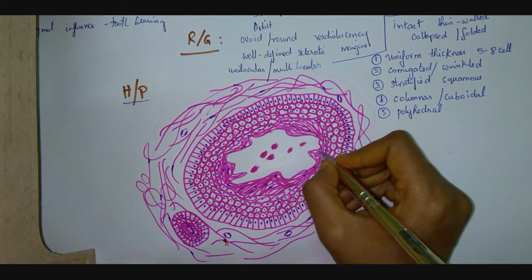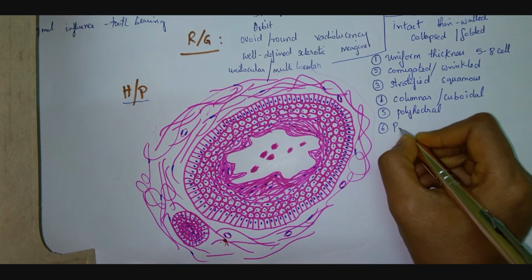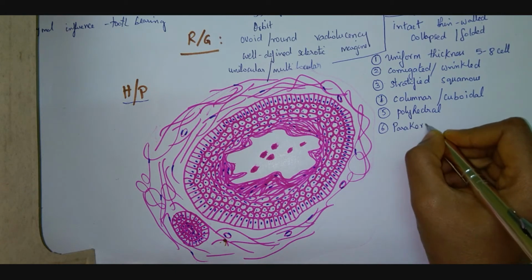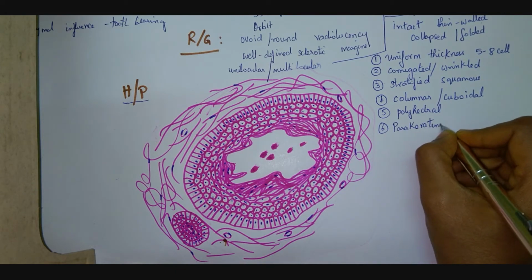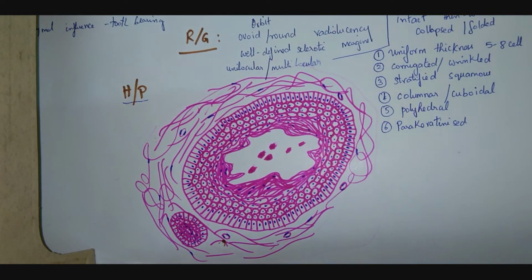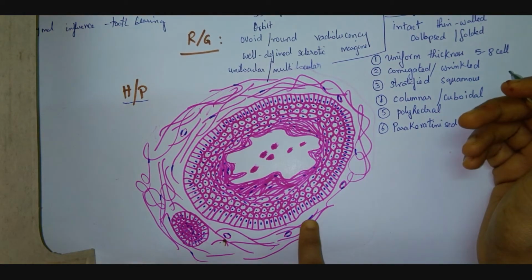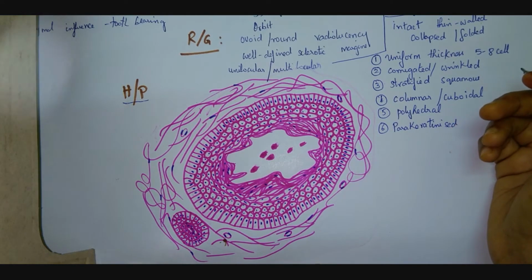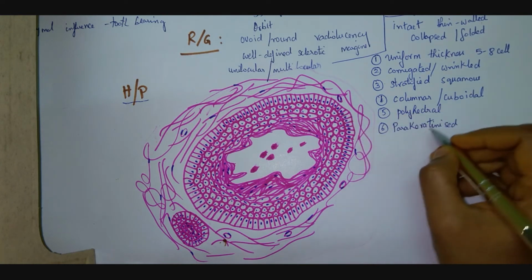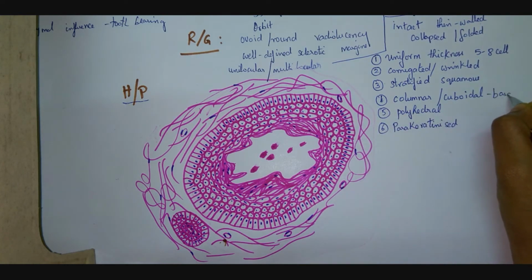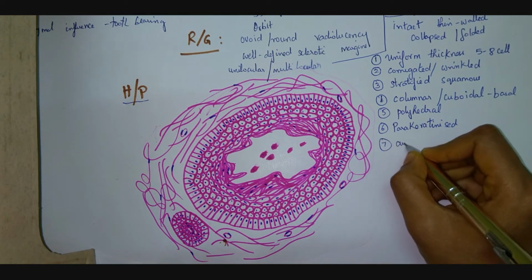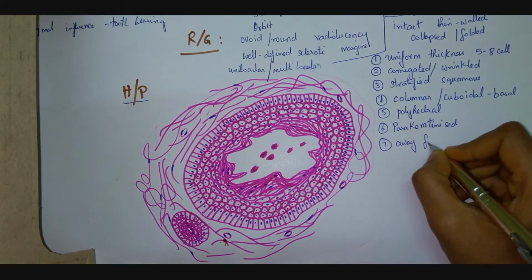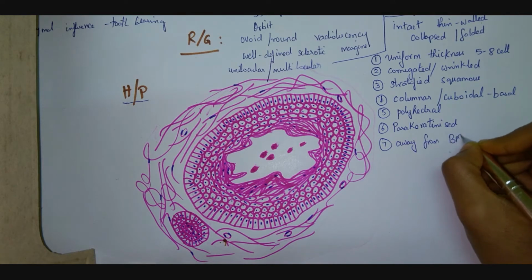And what type of keratin is present here? It is the parakeratin. So it is a parakeratinized surface epithelium. Orthokeratinized is an entirely different entity of the keratocyst, the orthokeratinized odontogenic keratocyst, OOC. We will see about that later. Then, how is the nucleus of the basal cell? The basal cell nucleus is away from the basement membrane.